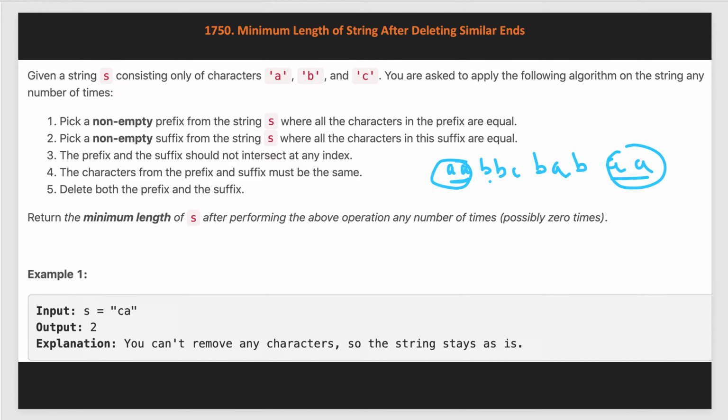Similarly, we keep going using two pointers: one goes from left to right and another from right to left. Here again B is the same as the B at the end, so we remove this prefix of two Bs and the suffix of one B as well. Now we reach C on the left and A on the right. These two are not equal, so we can't delete this prefix and suffix. Finally this is the string left over, and we have to return its length,